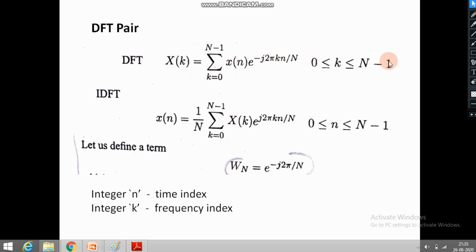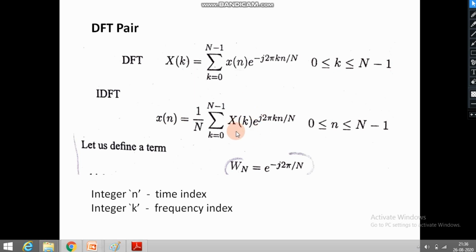and k is from 0 to N minus 1. The IDFT, the inverse DFT, for obtaining the discrete time signal back from the DFT is 1/N, sigma k equal to 0 to N minus 1, X(k) e^{j2π/N · kn}, for n equal to 0 to N minus 1. By doing this operation, we will get the discrete time signal x(n) back from the DFT X(k),